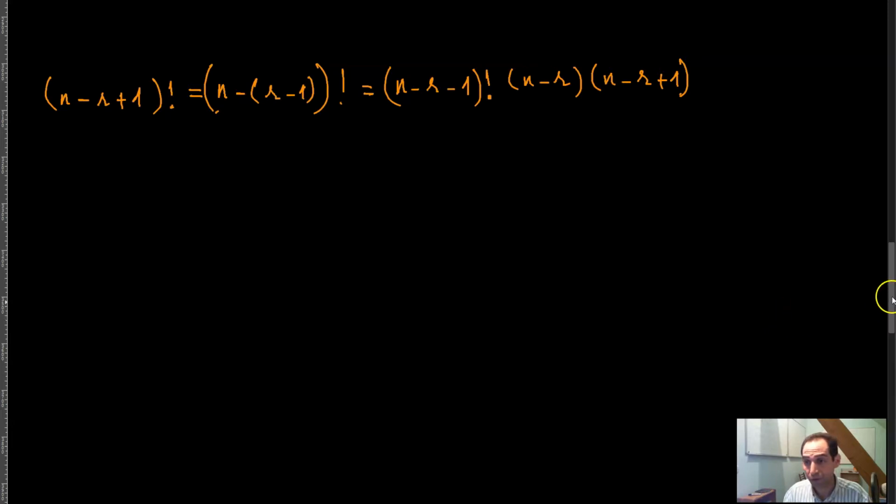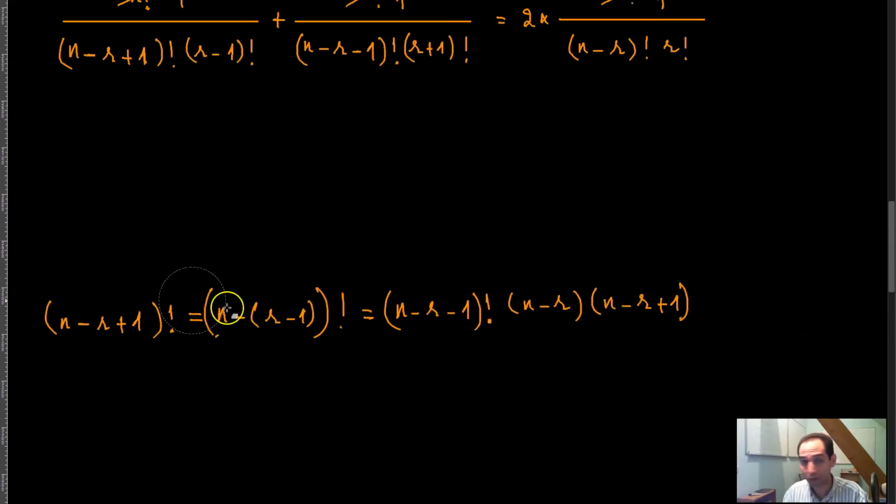That is the first part here. So let me check actually to see if that's correct. And then here we have n minus r plus 1 times n minus r times n minus r minus 1 factorial. That is absolutely correct. Okay, so this is about this first part over here. So we will write this part over here as this, and then basically